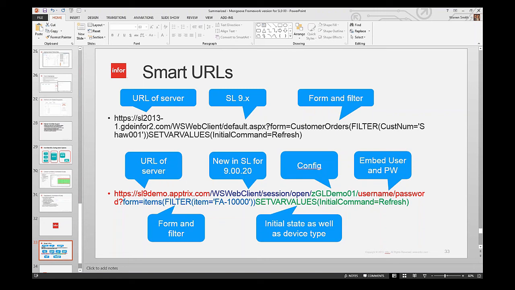Going to the default ASPX call, what form do you want to open, is there a filter associated with it, setting any variables such as you want to go into refresh, etc. That's 90010. Now in 90020 it even opens up some additional capabilities here because you can embed the username and